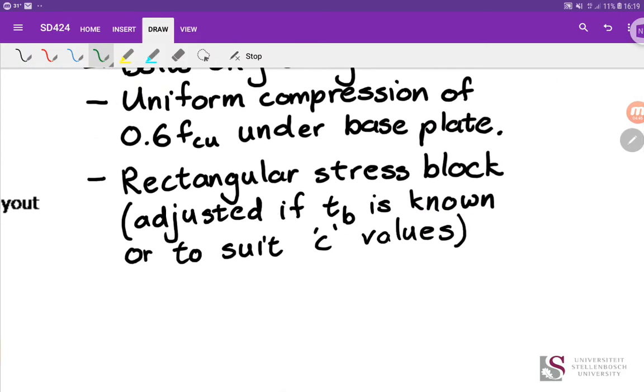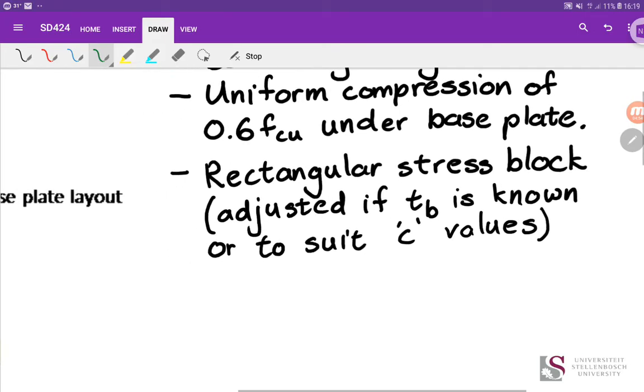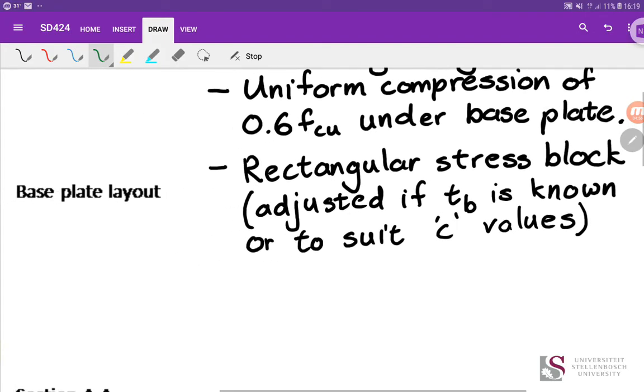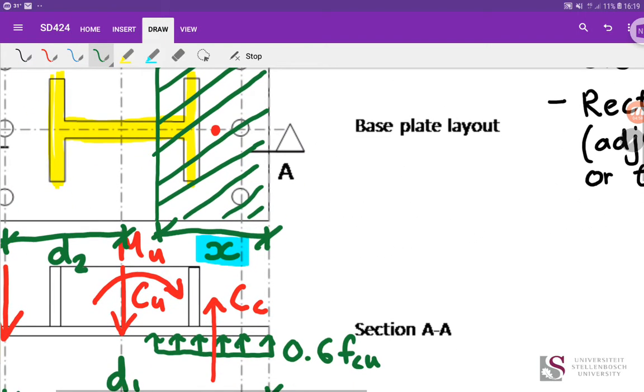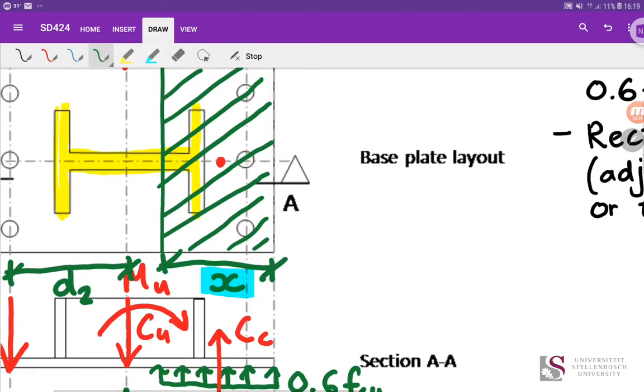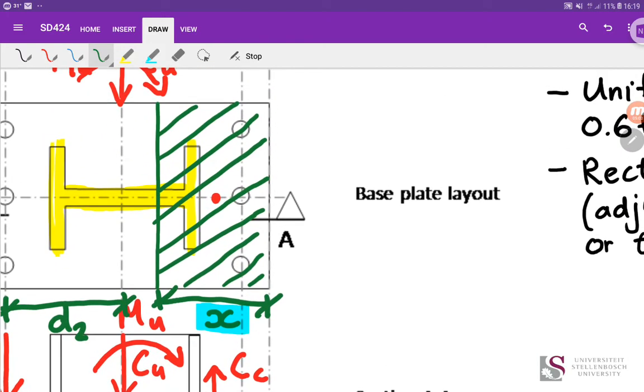Then thirdly, we're going to use a rectangular stress block. However, this is not compulsory. This is adjusted if TB is known or to suit what we will call C values, which we covered in the pinned base plate section previously. And basically, we normally, as I said, have a rectangular stress block here, all the way around. However, if we knew the thickness of the base plate, we could, for instance, I'm going to draw and then delete something,